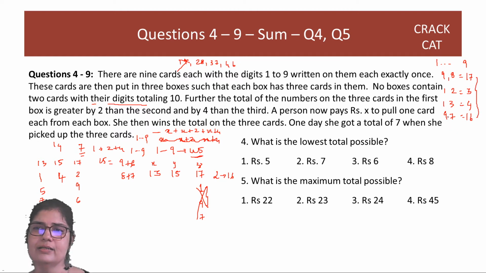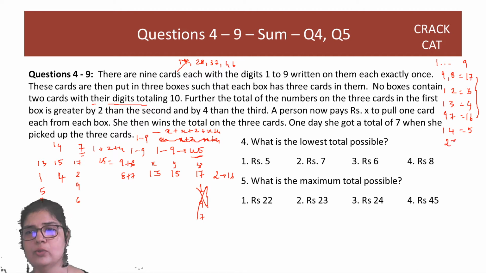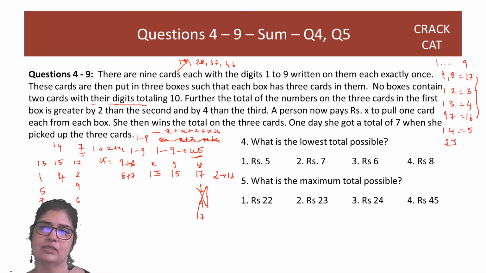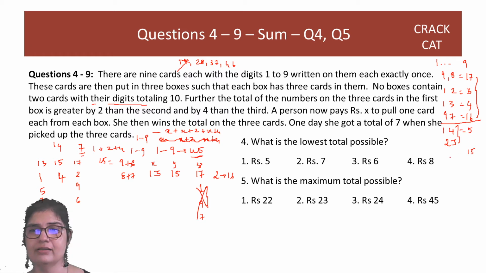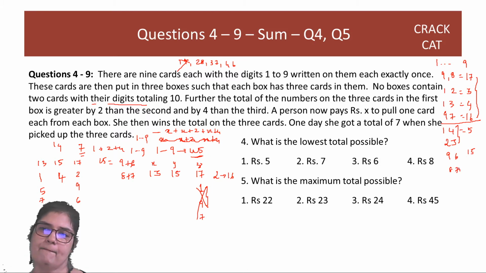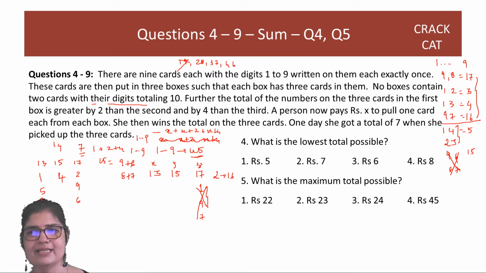Then what is the next possibility? 3 is done, 4 is done. If I want 5, how can I get 5? With 1 and 4 or 2 and 3 also. So here there are two possibilities. Until now you are dealing with one possibility. Similarly, below 16, if I go to 15, 9, 6, 8, 7. Correct? So 15 has two possibilities, 5 has two. Similarly you will keep going. 14 also has two possibilities, 9 and 5, 8 and 6.